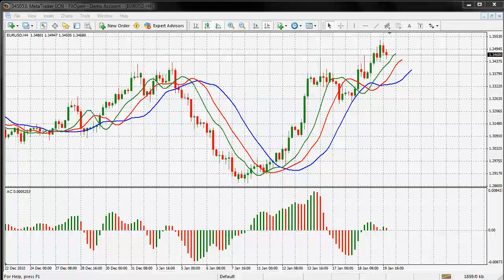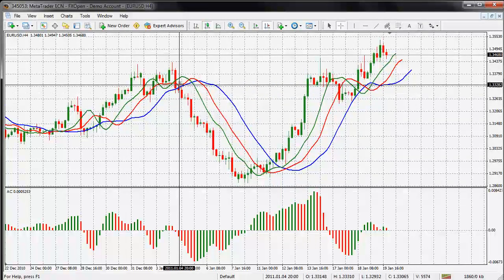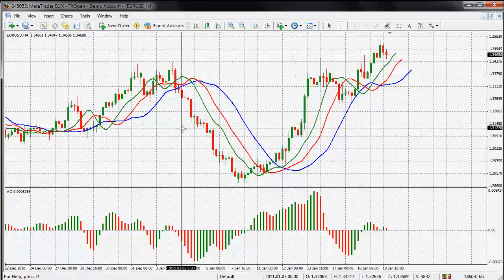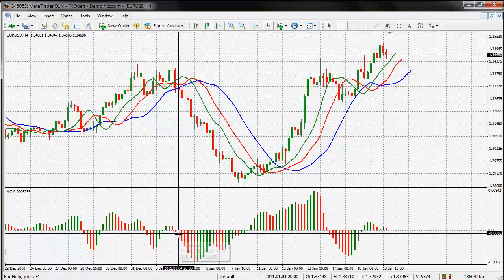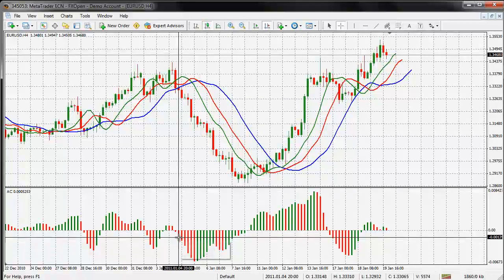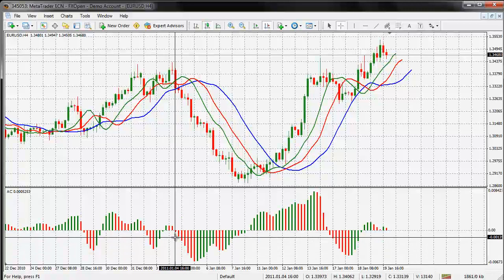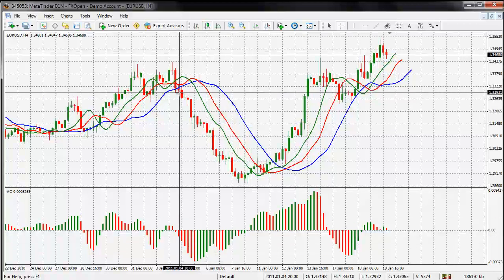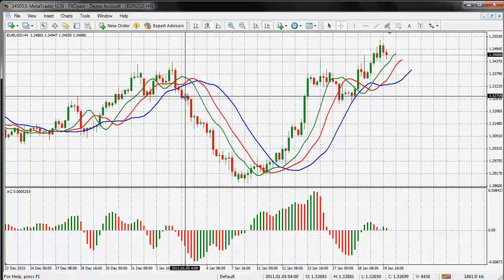So if I take that off and get my crosshair tool out and place it over that candle, right down the bottom you can see on the accelerator oscillator the second bar from its start, that little tiny one right there, boom, and then the second one goes over on that candle. So when that candle finishes, you then go short. But you also got to remember,